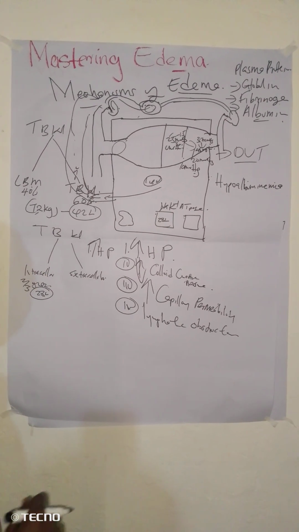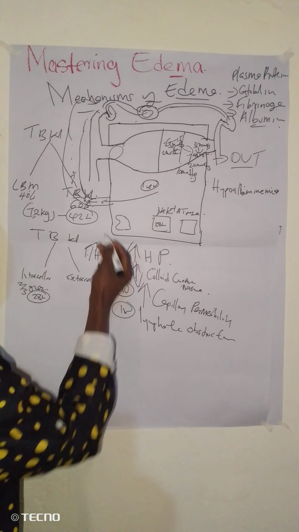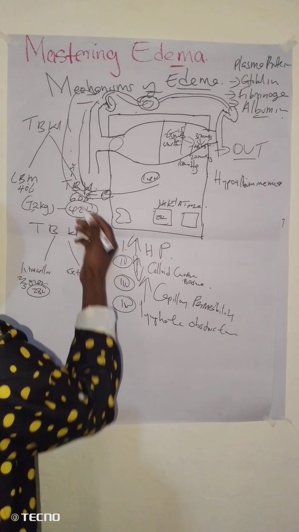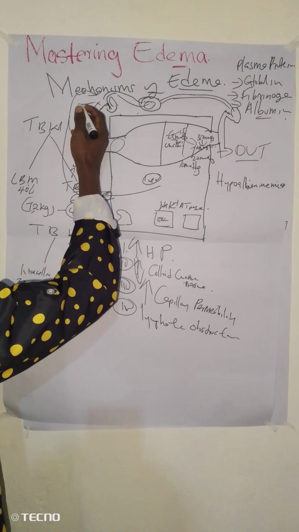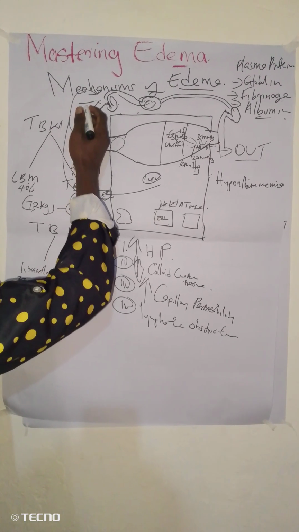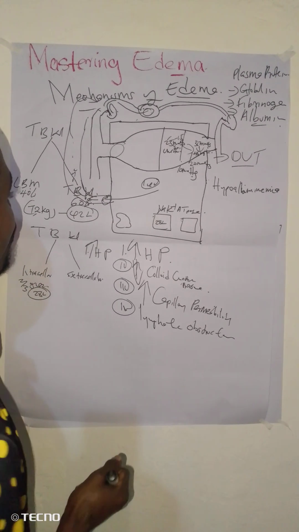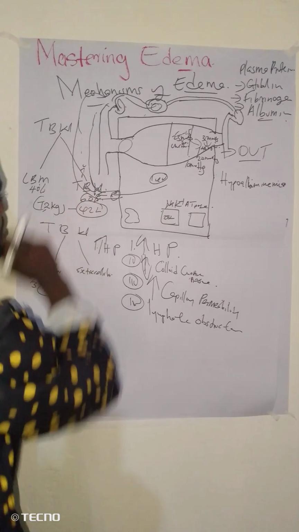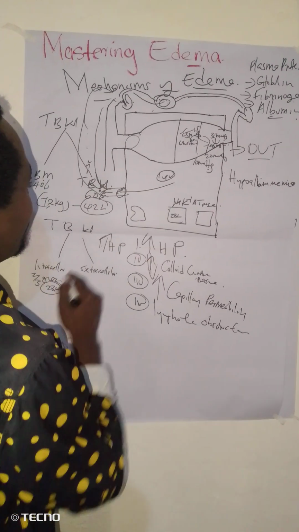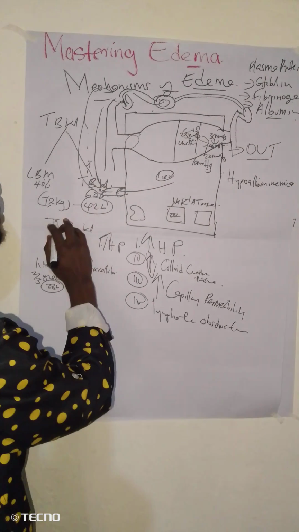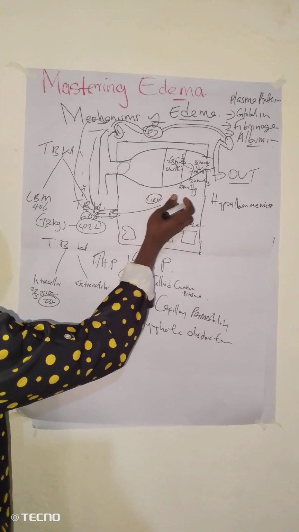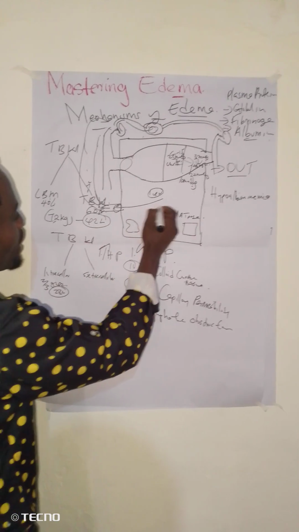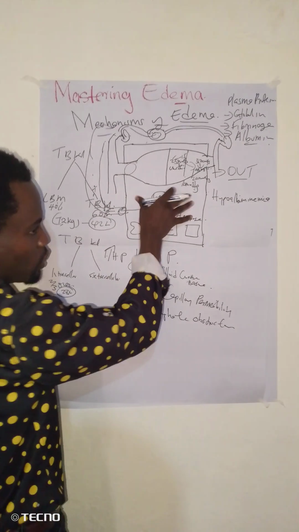So in a case where there is an obstruction, or maybe lymphadenopathy somewhere, or maybe radiation that has damaged this system, which results in decreased drainage of fluid into the lymphatic system,